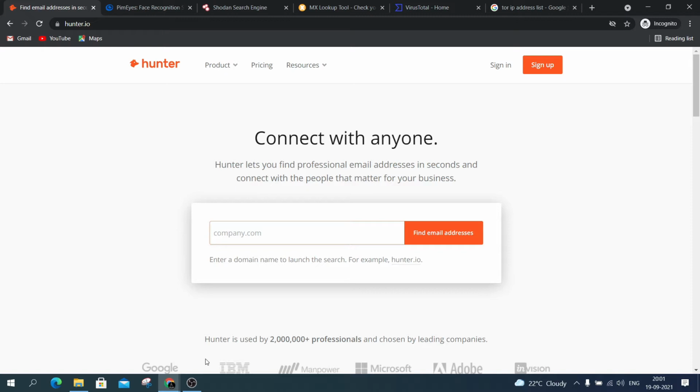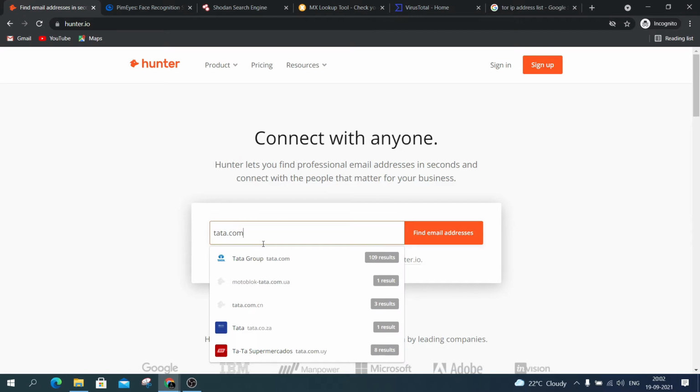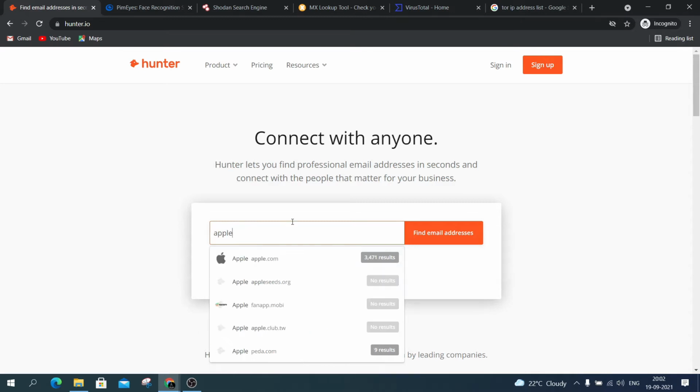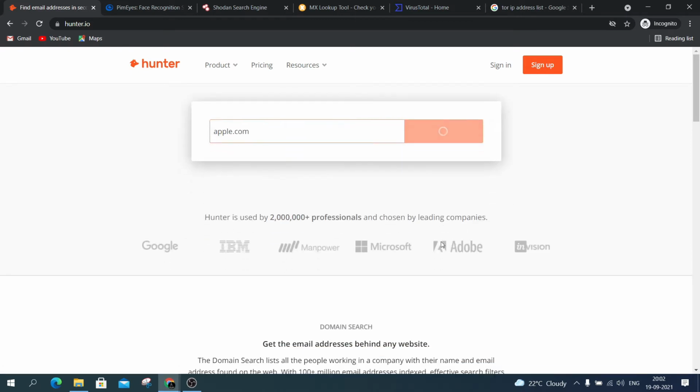Hunter.io is one of the tools which gives you good and plentiful information about a particular company's email ID details. For example, if you go there and type tata.com, below you are able to see some company names and company-related results. Here you will be able to see the details of that company, how many emails are available for that particular name. Just type apple.com here, and you will get a good list of the email